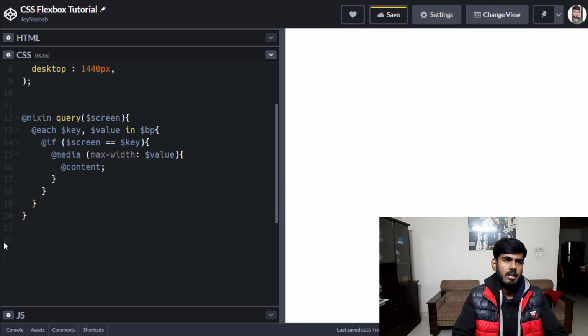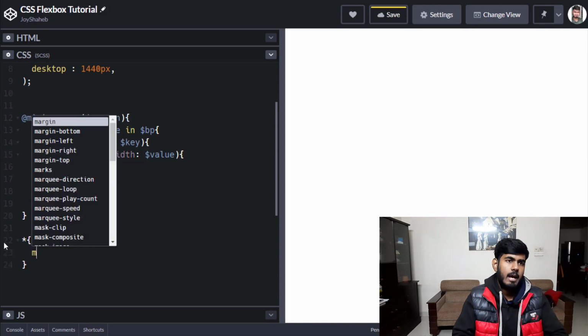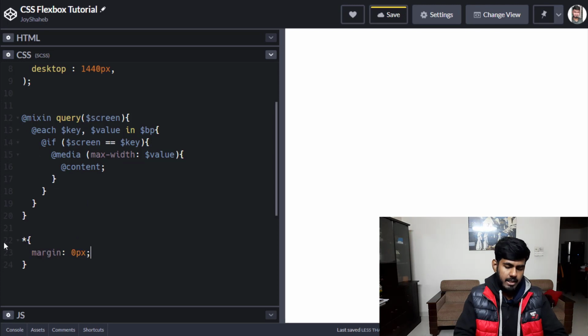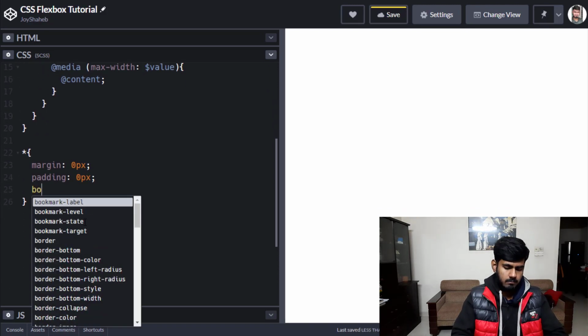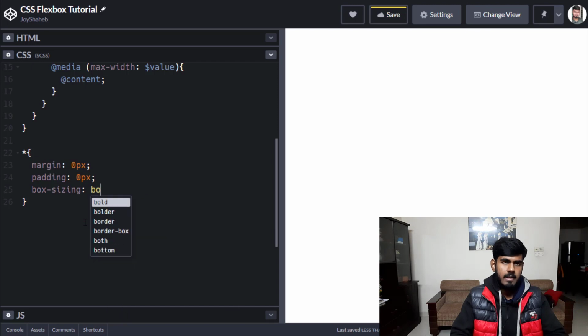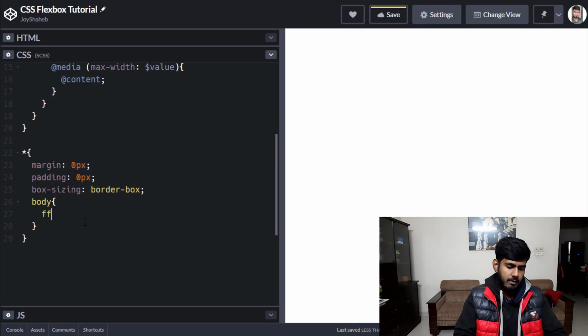So hit star and then define the margin and padding to 0 pixels. So M0px tab and then P0px tab. Then set the border, then set the box sizing to be border box, like this,